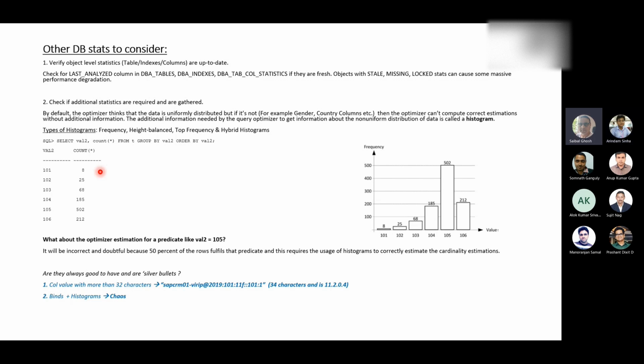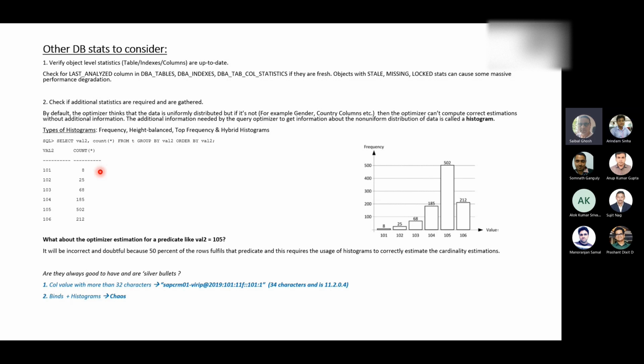This is what Prashant is hinting at with adaptive cursor sharing, and the fact that Oracle needs all pieces of information, including histograms, to do adaptive cursor sharing better.